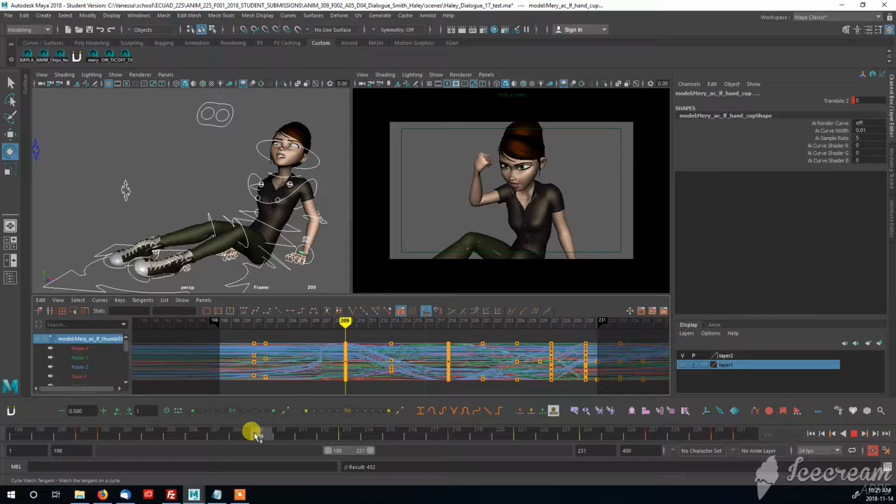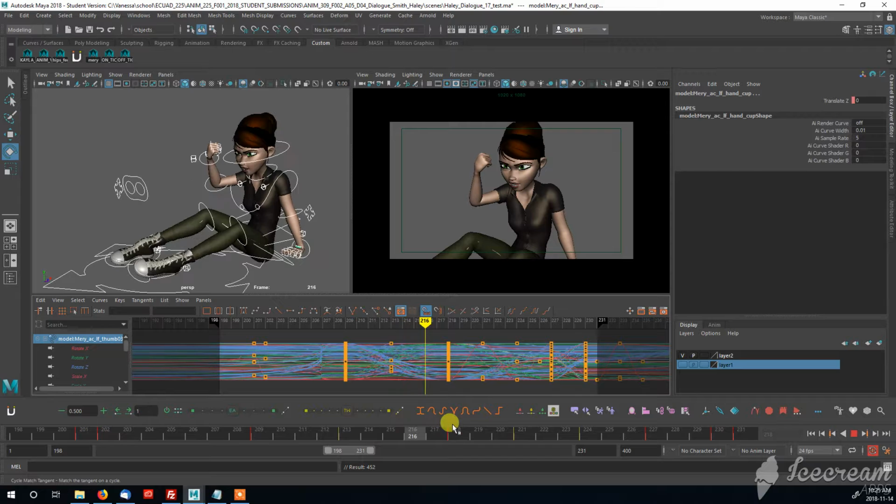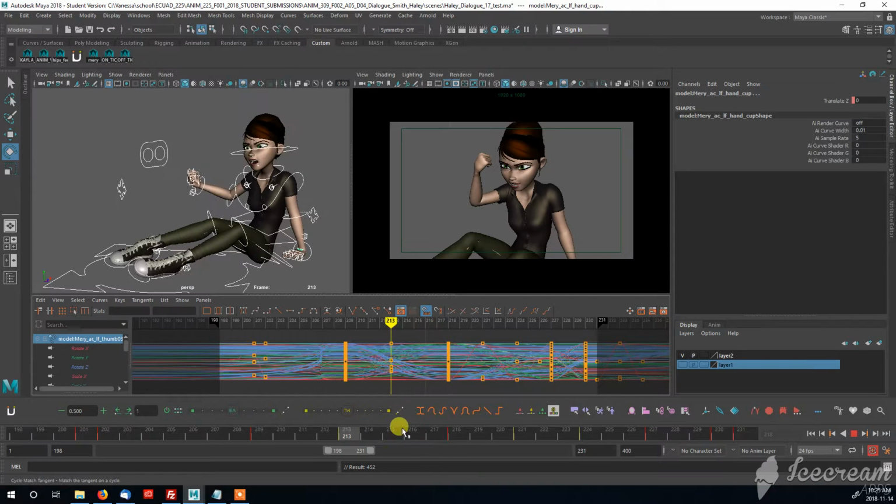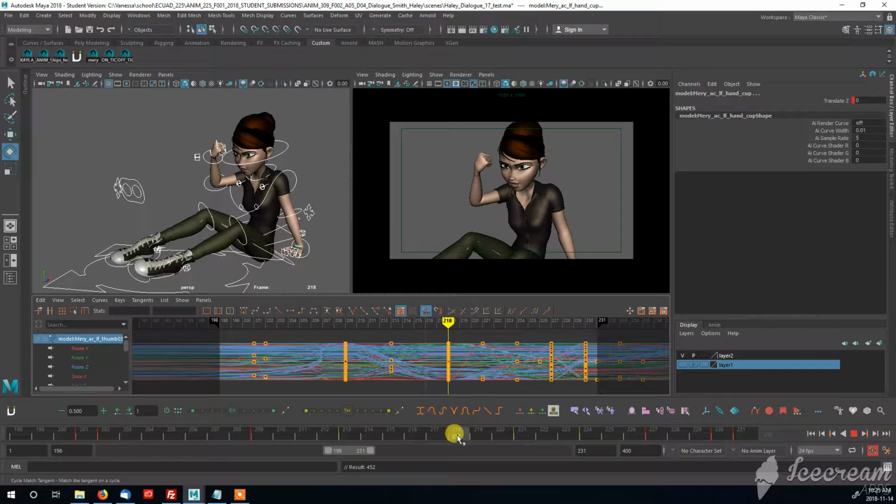So I will just create that transition so that I'm preserving all that work I did for figuring out when my keys were supposed to hit, with my phrasing, my analysis of my dialogue, and my blocking pass. That is really important. And then we've got our transition. We hit that key on 218, and then